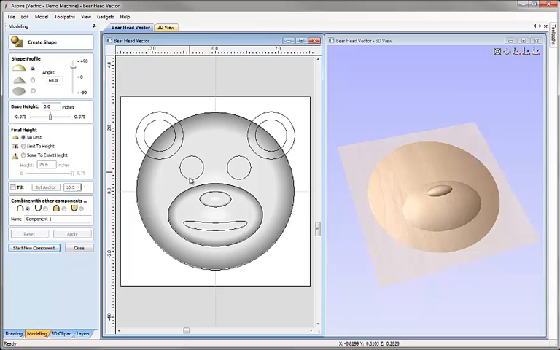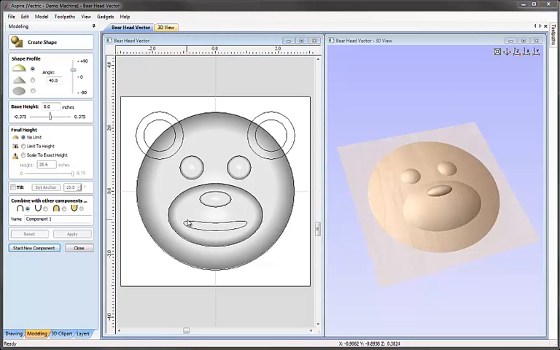Next, I'm going to come up and I'm going to select both the vectors for the eyes. In order to do that, I'm going to click on the first one and then hold the shift key down on the keyboard and click on the second one. So we should see both of those selected, and that will be indicated by the dashed lines here. For these, I'm going to enter an angle of 40 degrees. I'm going to come down and we'll call this component eyes, and again we can hit the apply button in order to see those being modelled in the 3D view. Now once more we can click on the start new component button,